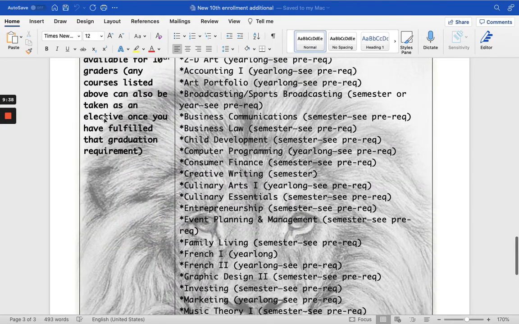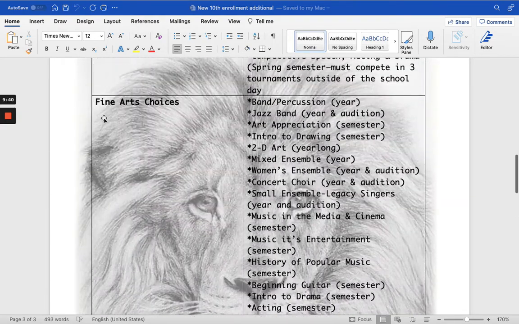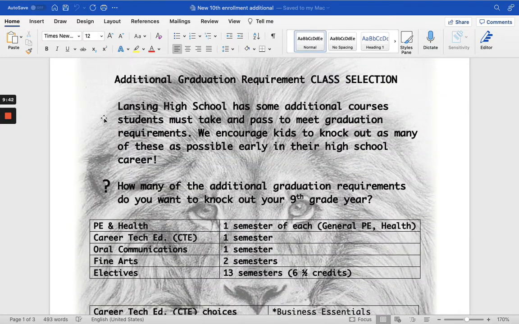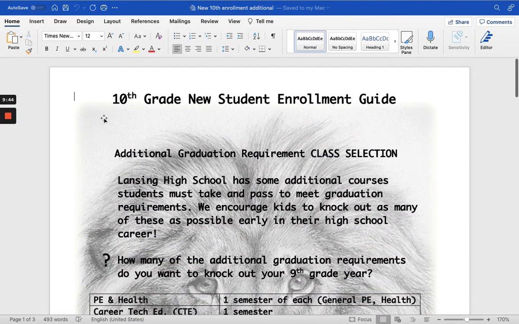We went over a lot of stuff, and there's a lot of decisions to be made and a lot of choices. Sometimes they're hard choices. Take your time, look through all of the stuff, ask questions if you have questions. Feel free to email me at any time with any and all of your questions, and I will get back to you as soon as I possibly can. Once you submit that Google form,